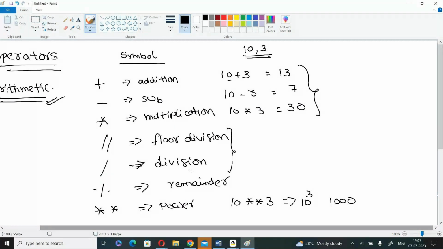Now coming to these three symbols, they are used for division only. Whenever we perform a division operation, the result is either a quotient or a remainder. Yes or no? In our school days, you performed the division operation like this: 3 3s are 9, remainder is 1. This is one way of division. Another way of division is